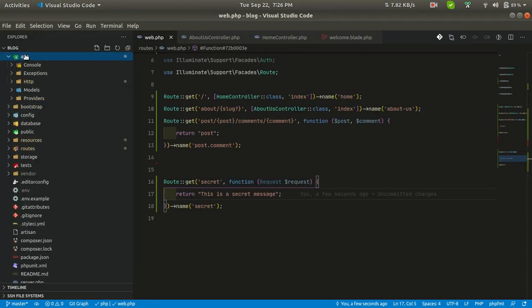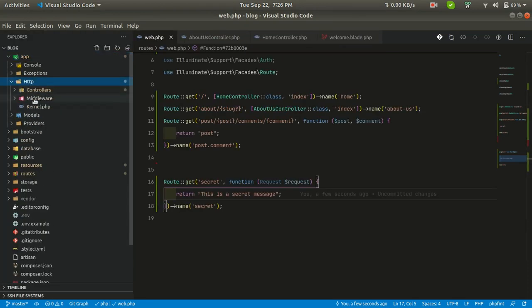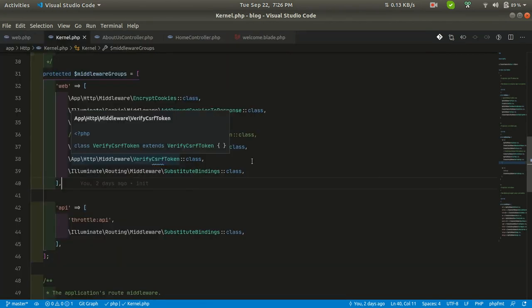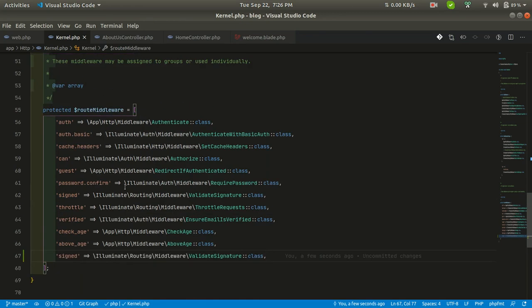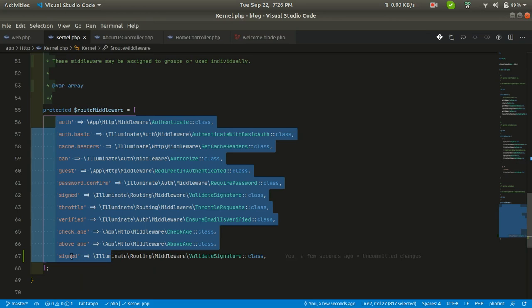kernel.php, app, http, kernel, and go to the bottom and paste it over here. I am adding it to the route middleware, since all these middlewares will not be applied by default. So this will only be applied when we specify it on a specific route.